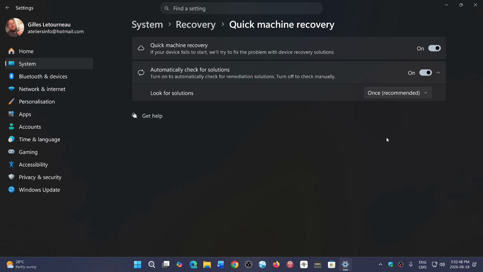If it's just a corrupt file, if it's just a little glitch that can be easily fixed, it will actually download that fix and will fix that part of the problem, will remove a corrupt file, for example, and install a fresh copy of that file to make sure that you boot up. So this comes from the famous